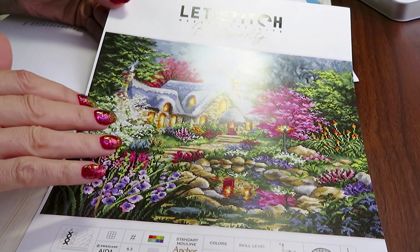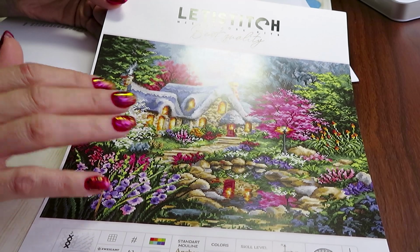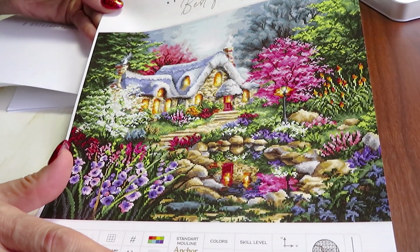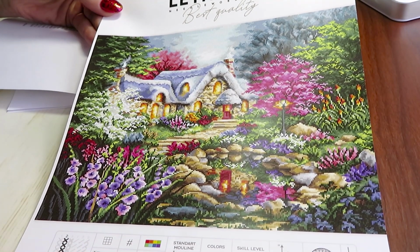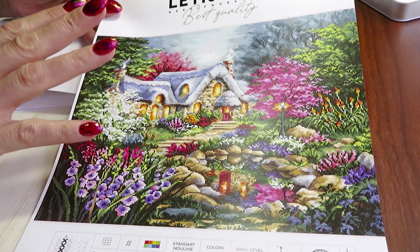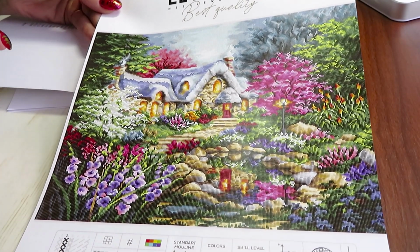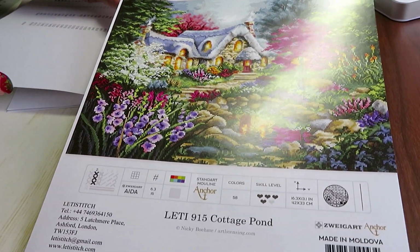And I think that would actually be nicer on camera because it has lots of bright colors. The image is gorgeous and it's a very easy image. There is no back stitch in here. All cross stitch canvas, you have to stitch in 2 threads, that's it. So I thought, well, let me do this image with you together,